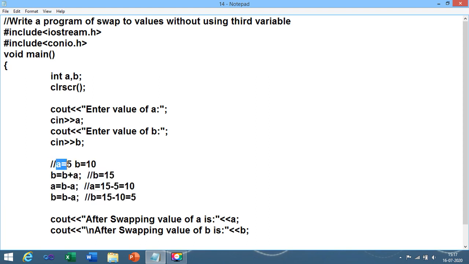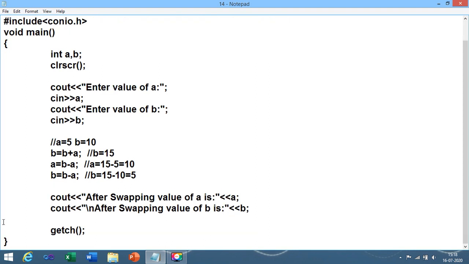We have taken A equals 5, B equals 10. We have performed B plus A. For addition, sequence doesn't matter. You can write A plus B or B plus A. But for our understanding we have taken BA so that we can easily remember. And in the same program, let me scroll down. Don't forget to close the bracket. With output, you need to write this code in your journal.